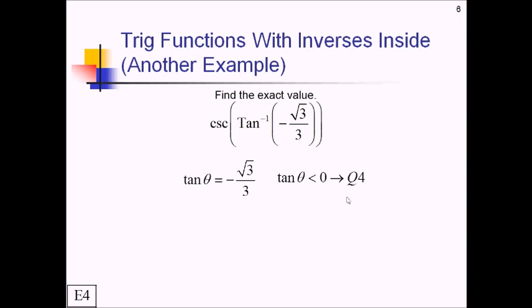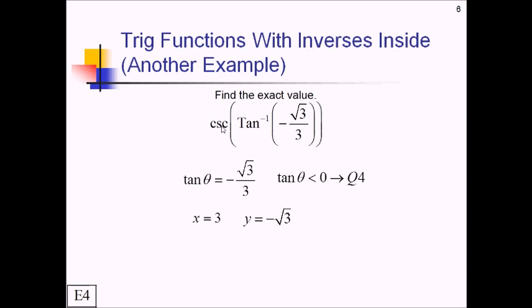That will be immensely useful in figuring out the x and the y values. Since tangent is normally y over x, and this is a negative fraction, one of those values must be negative. In quadrant 4, we know that x is positive and y is negative. So we're going to have a value for x of positive 3, because x is positive in quadrant 4, and then this negative is going to have to go with the y value, so negative radical 3 will be our y value. We still need the r value, though, to get cosecant, because you might remember that's r over y,